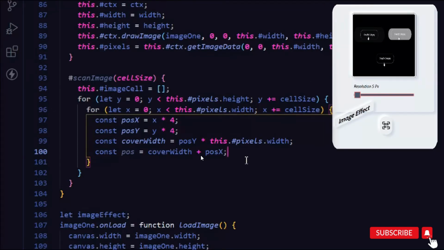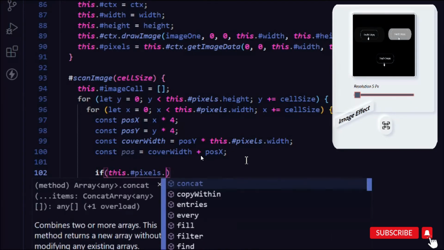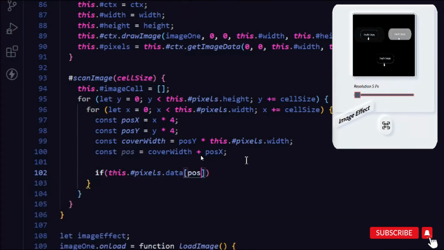Okay, let's come here, let's write an if statement. So this dot pixels data and position plus 3. So here I'm looking for the third element, which is alpha, and as we have seen, the alpha was 255, which is standard. So here I'm setting an if statement on the basis of alpha, and on the basis of that I have